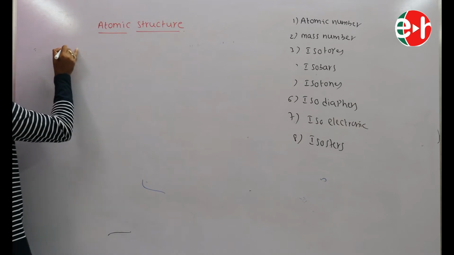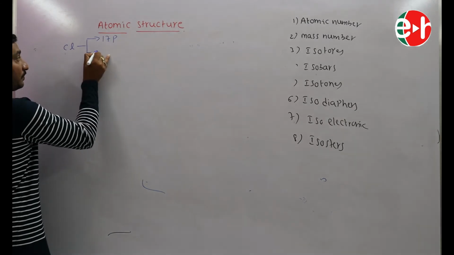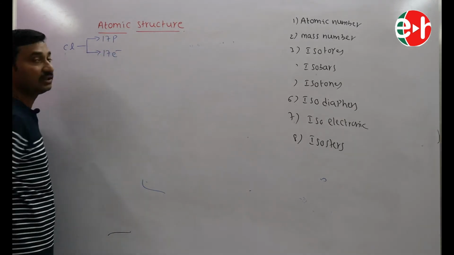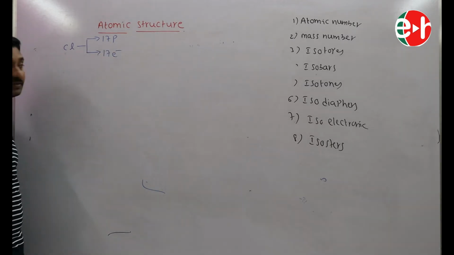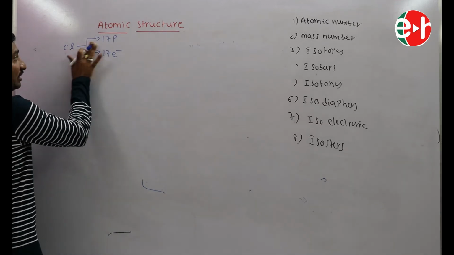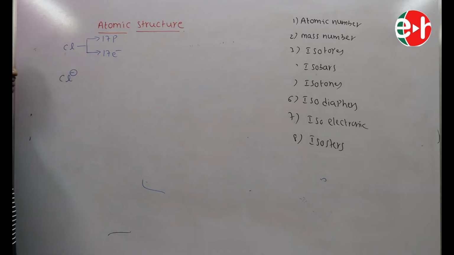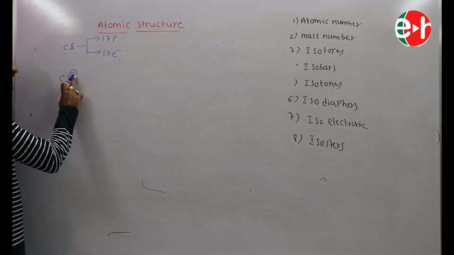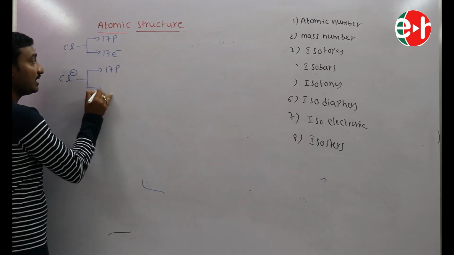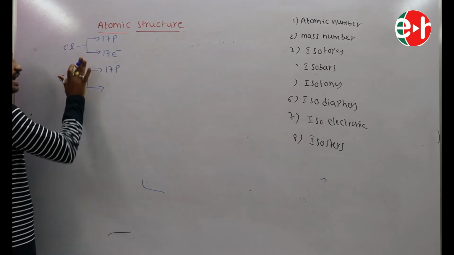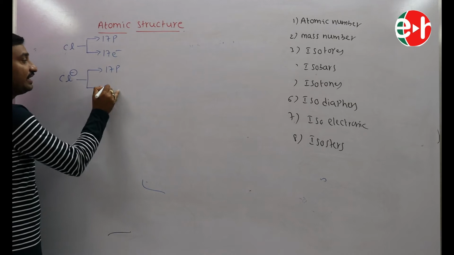Chlorine, it has 17 protons in its nucleus, and also it has 17 electrons. Neutral atom. In a neutral atom, the number of protons is equal to the number of electrons. But in Cl minus, how is the negative charge formed? By gaining electrons. So it gains 1 electron. That's why 17 protons, and electrons 17 plus 1. Actually in the neutral atom 17, negative charge means it gains 1 electron, 17 plus 1, 18 electrons.